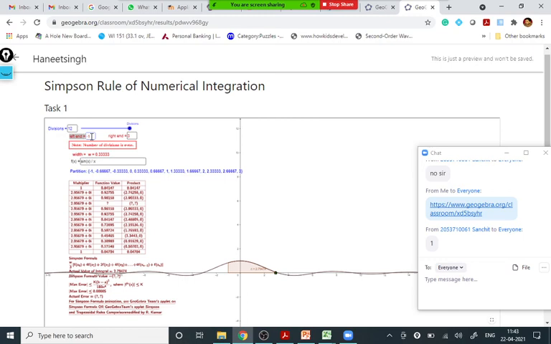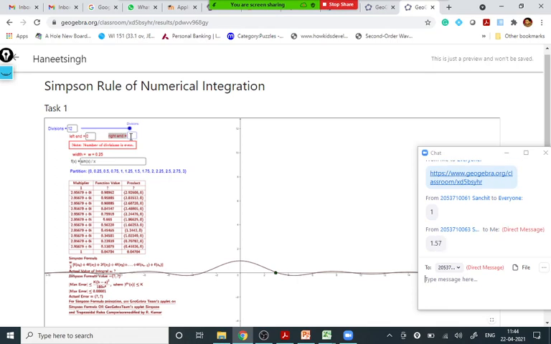No, pi by 2 is not 1. I am asking, we have to replace x equal to 0 to x equal to pi by 2. You have to do the limits here, right? So what is the pi by 2 value you should put here? You cannot put 90° there. It is in radian. Whenever you do this calculation of trigonometry, you should put radian. What is the pi by 2 value in radian? Yes, anyone? So 1.570. Very good. Correct. So these are the two values we require here.